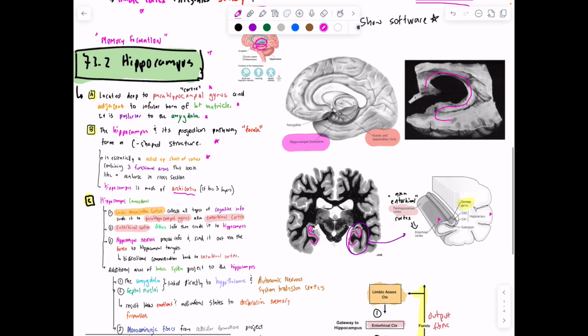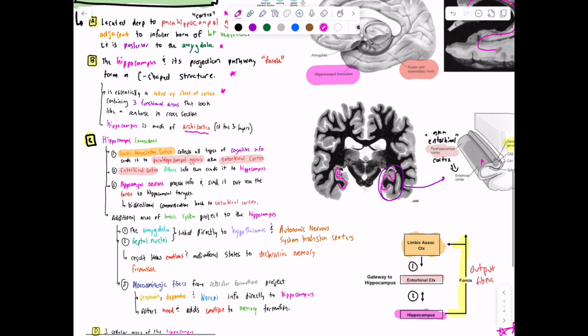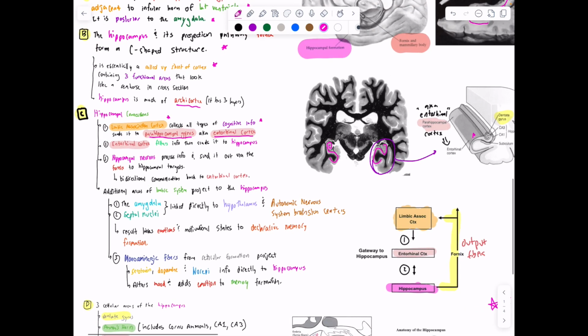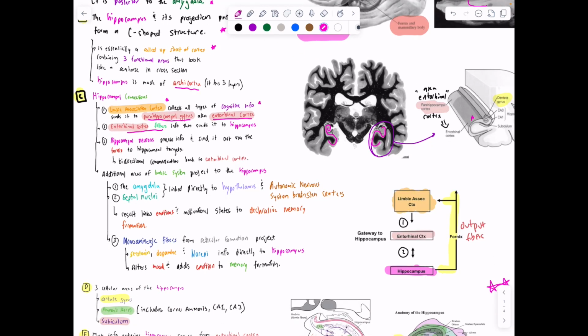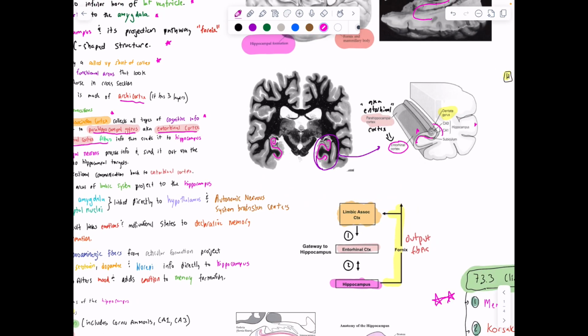Well, the first one is what we just talked about, which is the limbic association cortex, which is integrating all this information and connecting to all the different parts of the cerebral cortex. So the limbic association cortex is, of course, going to be talking with the hippocampus. And so it's going to send all types of cognitive information through its parahippocampal gyrus, and that is an extension of the entorhinal cortex. And then the entorhinal cortex is going to extend as part of the hippocampus, right? So the hippocampus and the limbic association cortex are continuous with each other. You can see the entorhinal cortex,